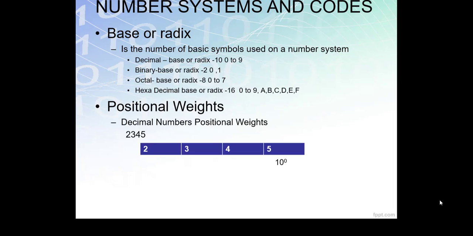Base is 10 and the positional weight is 10 to the power of 0. So within decimal number system, the positional weights are written in the power of 10. So the rightmost number is represented with 10 to the power of 0. The next one is represented with 10 to the power of 1. Next one is 10 to the power of 2, 10 to the power of 3. So for numbers we have to use right alignment. Okay,